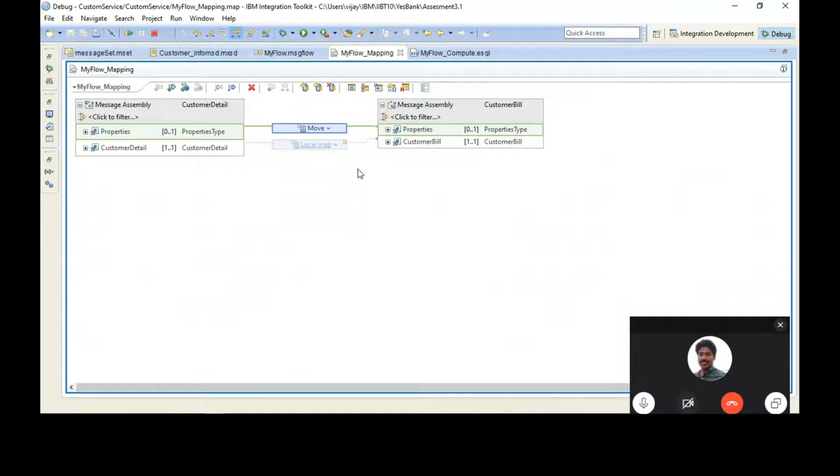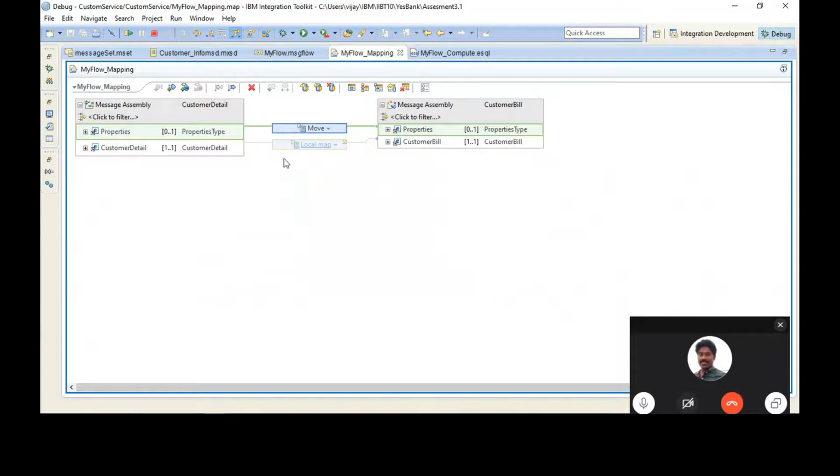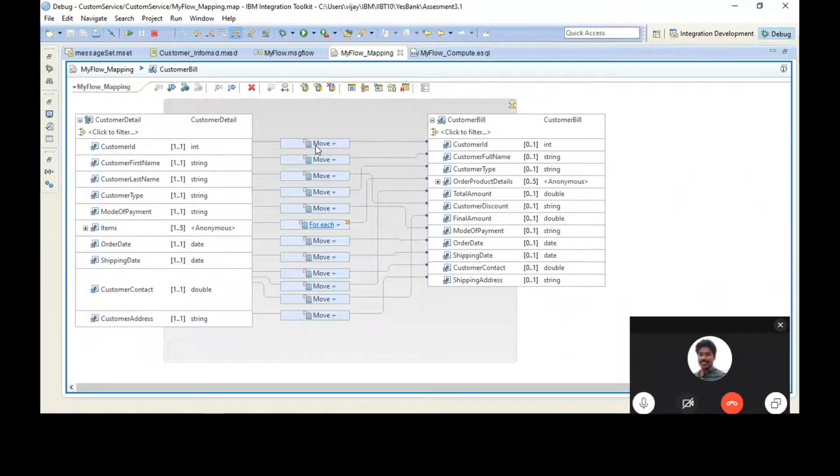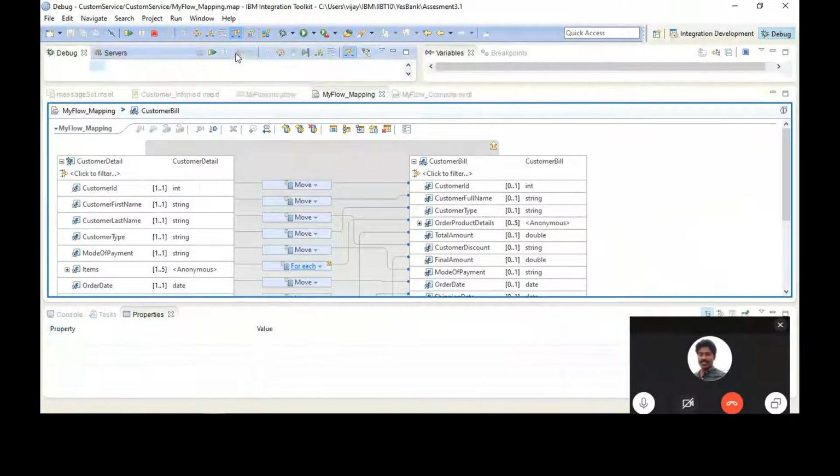So let's look at the mapping node in detail. I need more details about this mapping. So go to integration development, complete the debug session, terminate your debug session.